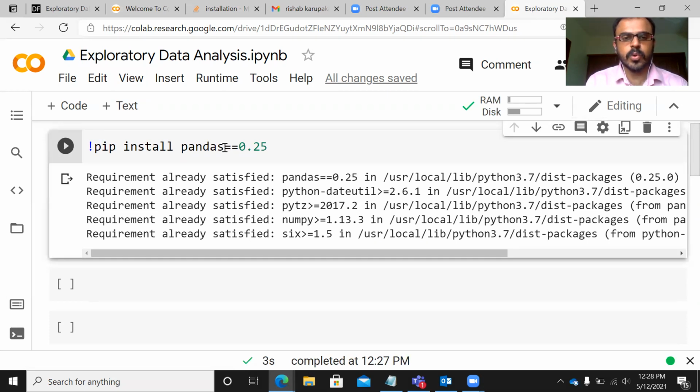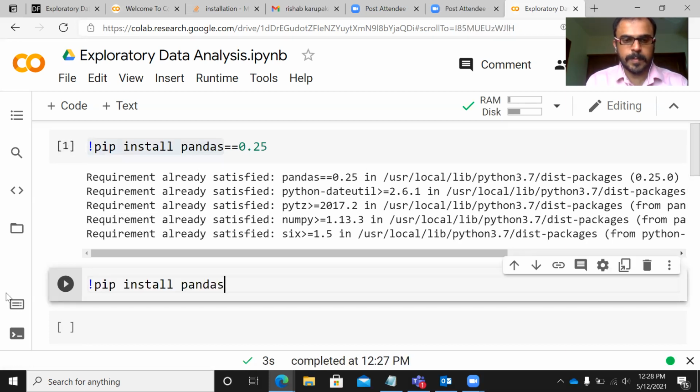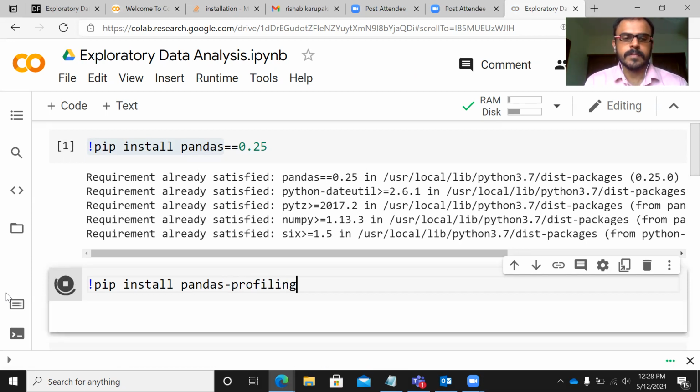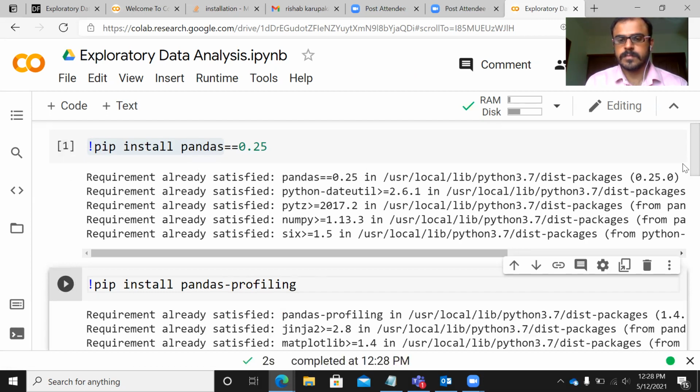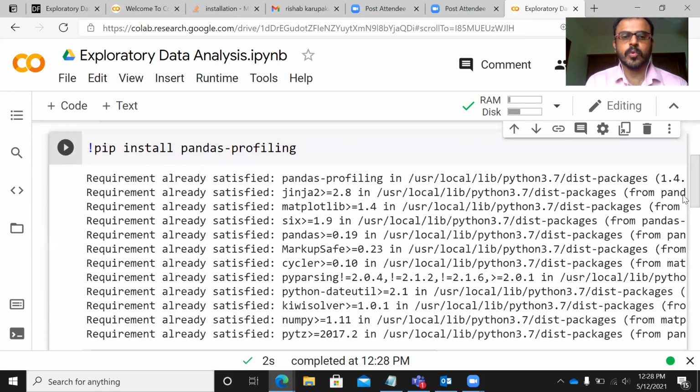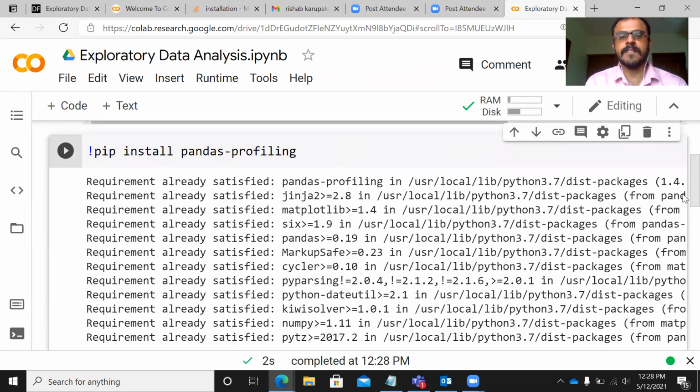The second thing that I need to do is install Pandas profiling package itself. So pip install Pandas profiling is the second step that I need to follow. It says requirement already satisfied. This is because I have installed this previously. In case you have not installed Pandas profiling, please keep in mind that Pandas profiling does not come with a default installation, and therefore you have to explicitly run this command to generate your EDA. So this is the second step.